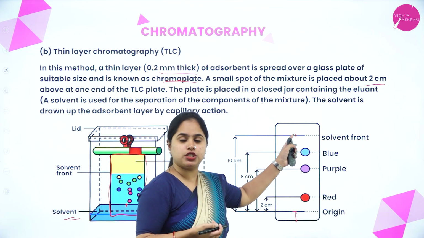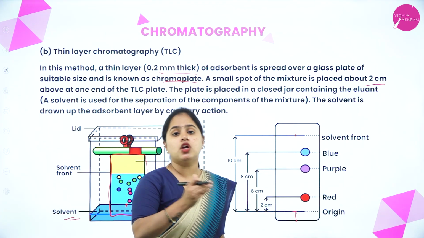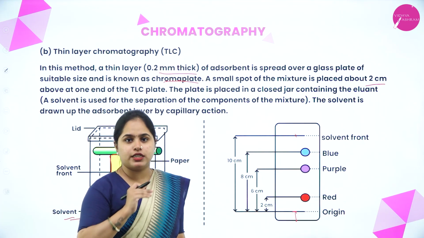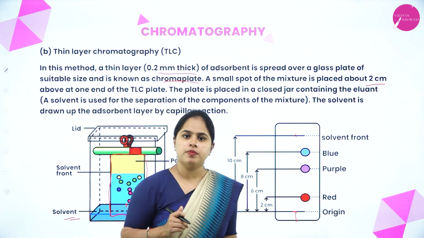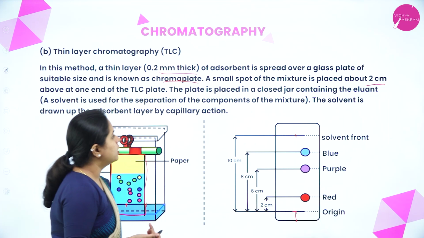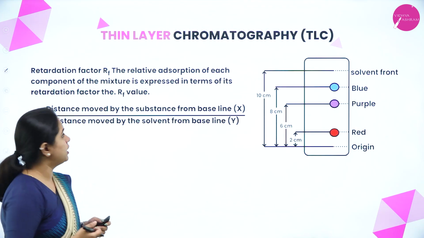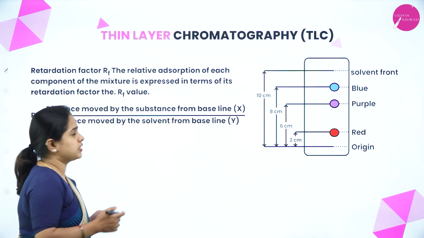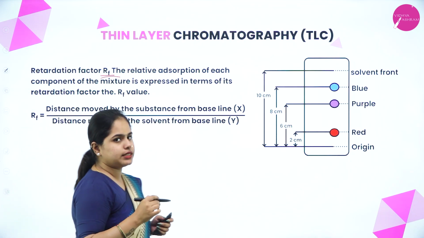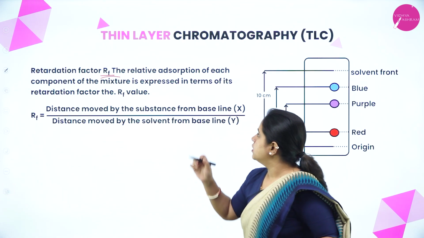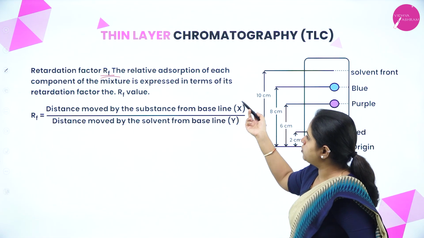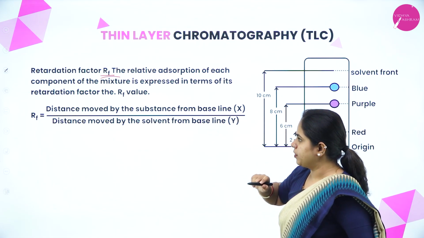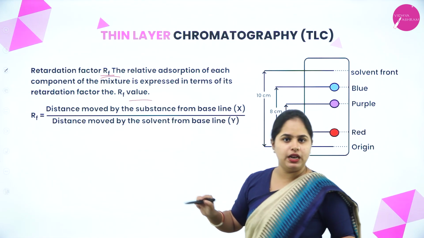The solvent reached till here, right? So based on the extent of adsorption, you will be able to get different compounds separated, right? So there is an important factor here as well, that is the retardation factor, which is represented by the letter RF, right? So it gives the relative adsorption of each component of the mixture, and it is represented by the symbol RF,